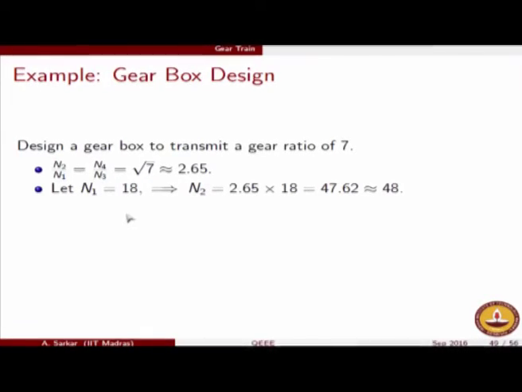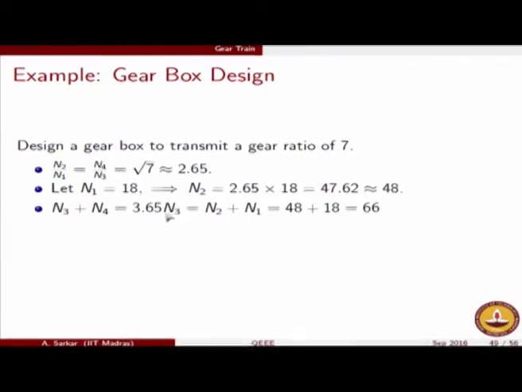But then the minimum number of teeth which we must choose to avoid interference is 18 for a 20-degree pressure angle, as we have calculated a few minutes back. So the minimum number of teeth that we have to choose, N1, is 18. So that gives us N2, which is 2.65 times 18, that comes out as 47.62. But you cannot have a gear with 47.62 teeth, you would rather have a gear with 48 teeth,